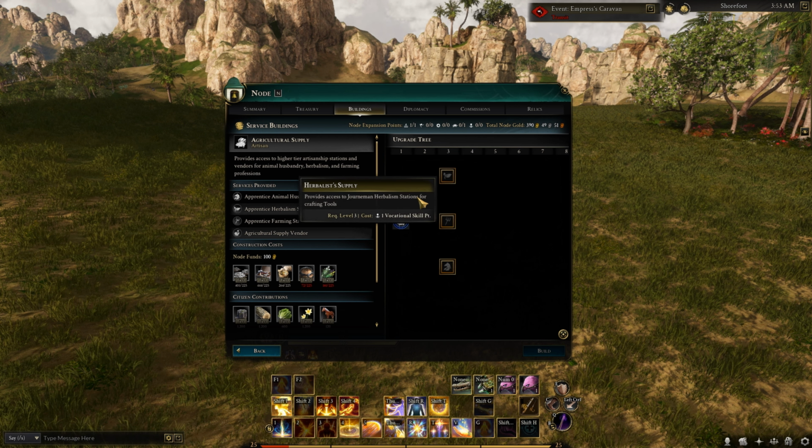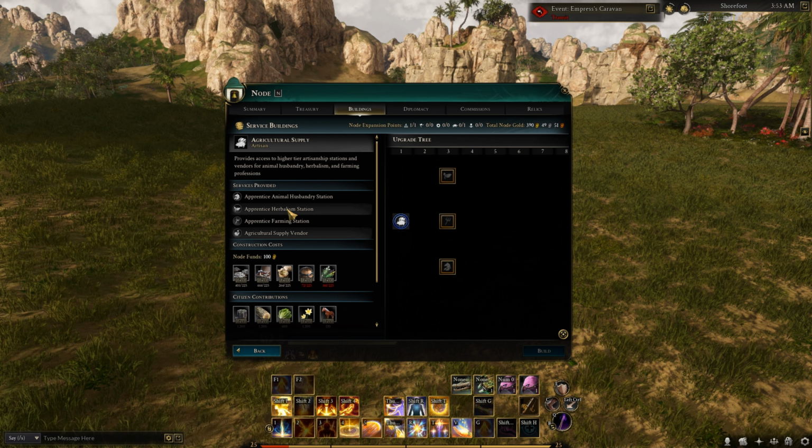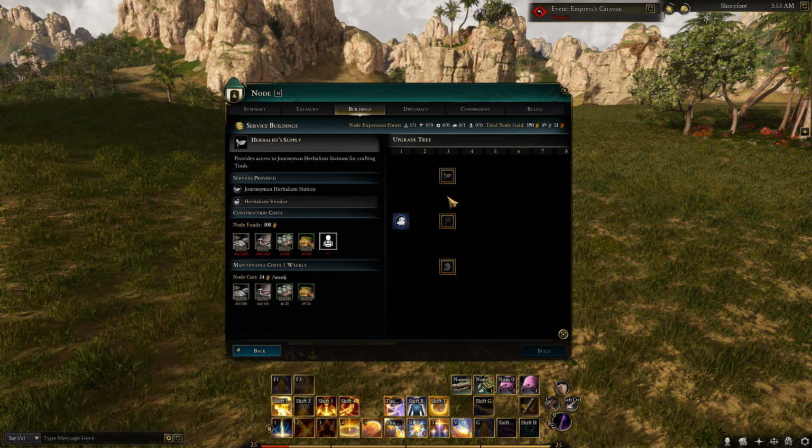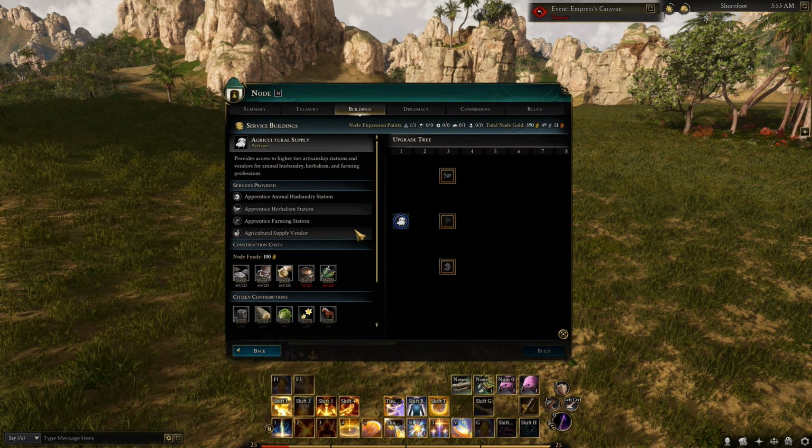And you can see, for example, when you build it, you get apprentice animal husbandry, apprentice herbalism station, apprentice farming station, and agriculture supply vendor. This is what you get when you build agriculture supply. And then if you want to upgrade it, let's say provide access to journeyman herbalism station tools, like journeyman tools for herbalism, this is the materials that you need, and this is the weekly cost that will be added additional to the weekly cost of